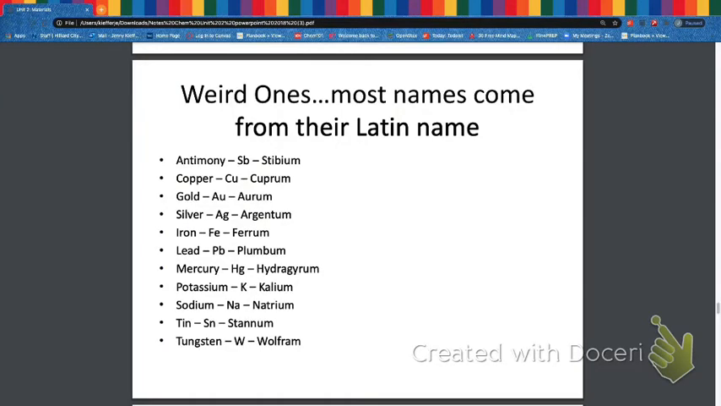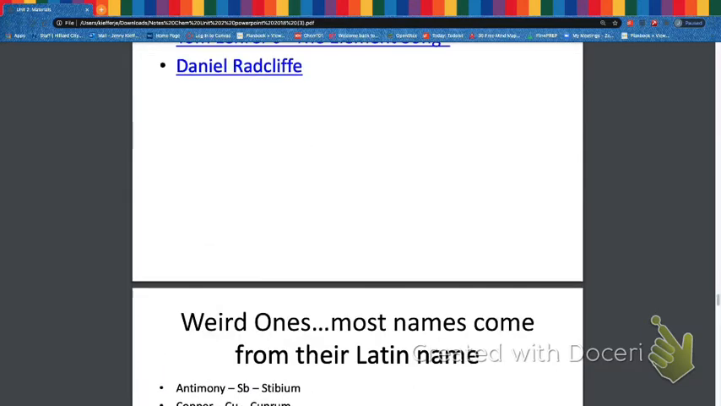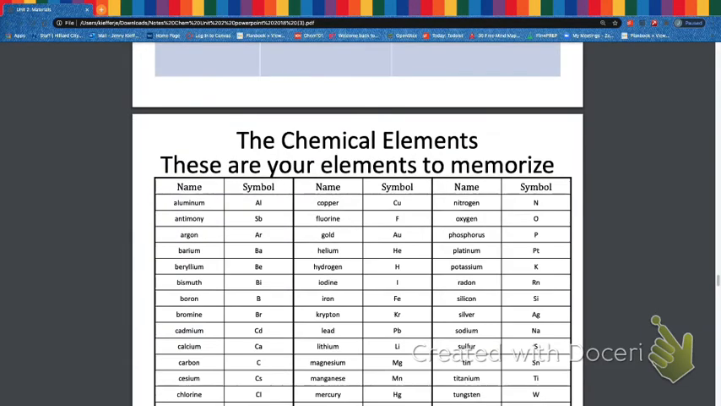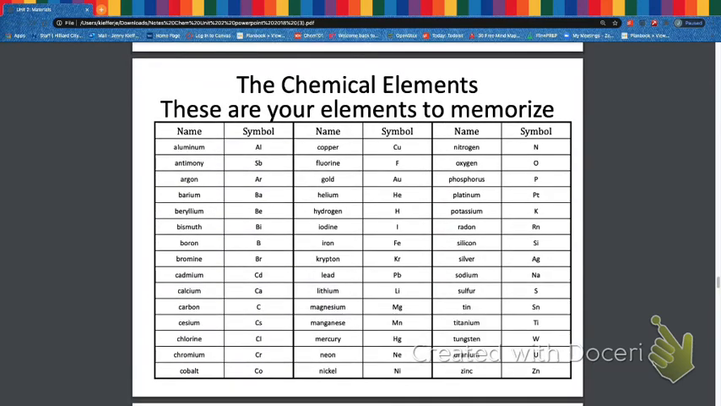So you should be memorizing your element names and symbols from the list. So that was back here. Okay, so make sure that you are doing that, however you like to memorize things. You need to be able to spell the names correctly, and you need to be able to write the symbols